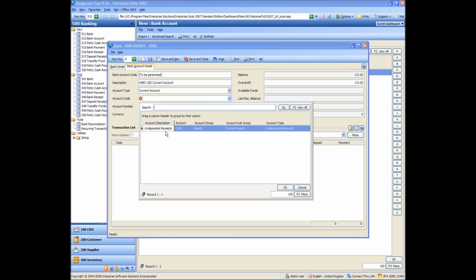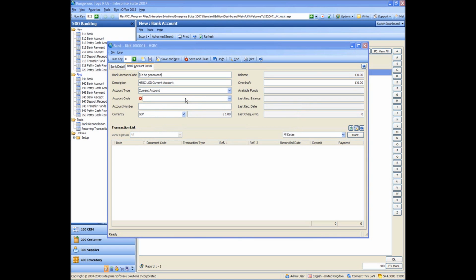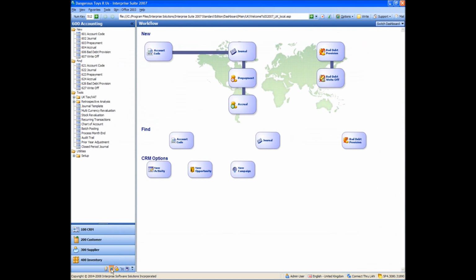If I click the down arrow there, it only shows nominal codes that are marked as being bank nominals that aren't already assigned to other accounts. So at the moment we've only got an undeposited receipts nominal, which isn't the one I want. So what I'm now going to do is go back to the previous step in the manual and create that nominal code. I'm going to leave that screen open anyway, and I'm going to go into the accounting module, and I'm going to go new account code,